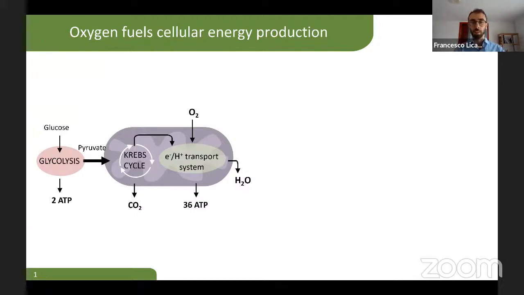Explaining why oxygen is important is not really a hard task. We all easily realize that oxygen is absolutely essential for our life and for the life of most organisms that populate our planet. We know that oxygen as a terminal electron acceptor is necessary for effective energy production, through oxidative phosphorylation, which in eukaryotes occurs in mitochondria.